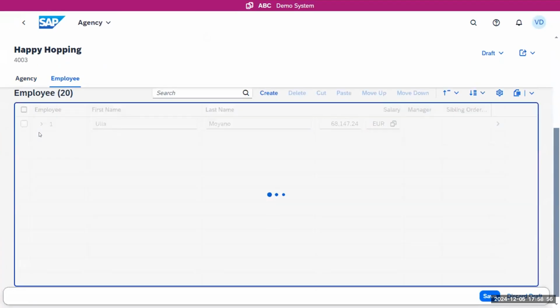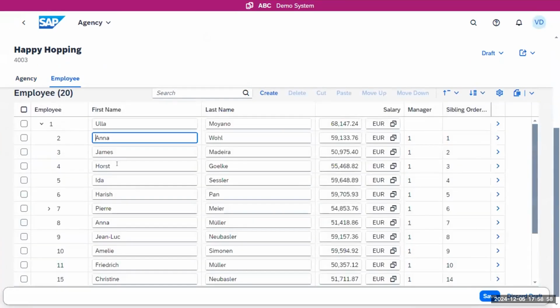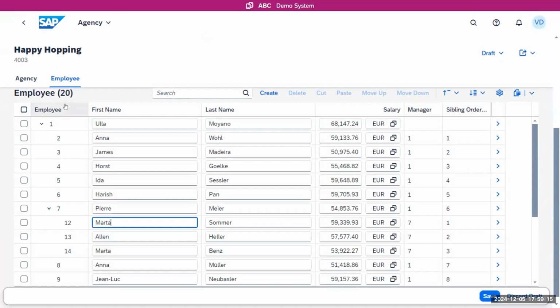You already see this little arrow, so you can expand this. It's a kind of regular responsive table in terms of editing the columns and the fields. But as you can see, we have this tree-like structure, and we can expand and collapse, as you can imagine. And it works with lazy loading. So this hierarchy here is a little small, of course, with only 20 entries. But there can be significantly more, and it means only the elements that you are supposed to see, that have been expanded, will also be loaded.